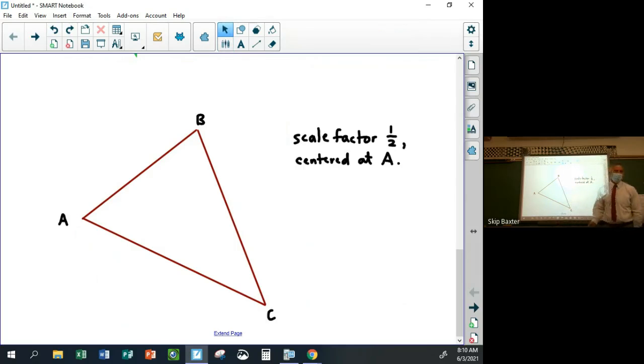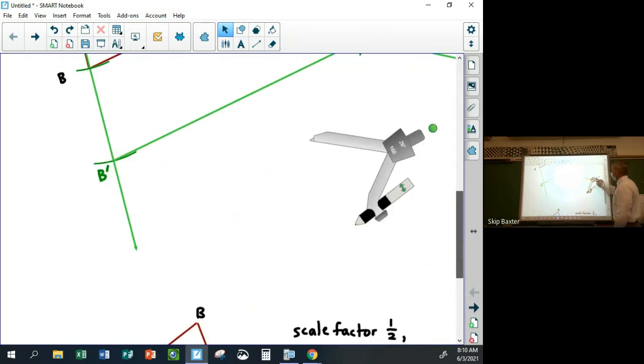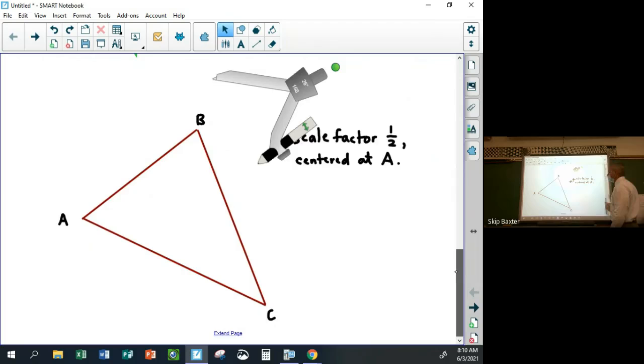So you should be able to do this on your own. What do you think you do? If I'm trying to do a scale factor of 1/2, that means it starts at A, it goes halfway, and then it comes over here to halfway, and then it goes back to there. How do you do that? This is that perpendicular bisector construction, but we're not doing it to get the bisector or the perpendicular line, we're doing it to get the midpoint, right? That's it. So we're going to do that typical perpendicular bisector construction twice, once to AB and once to AC,